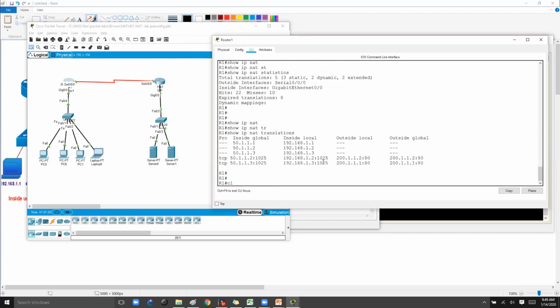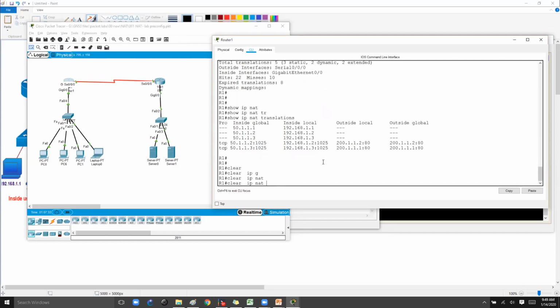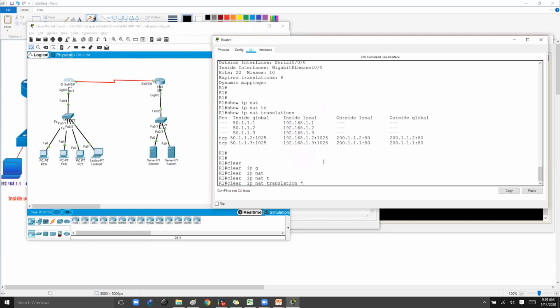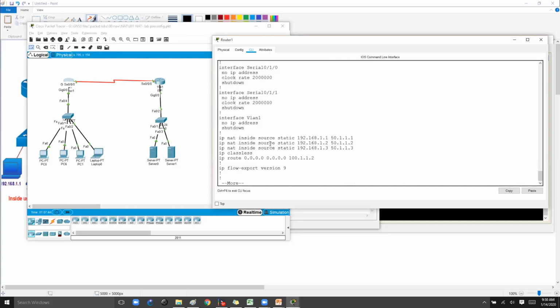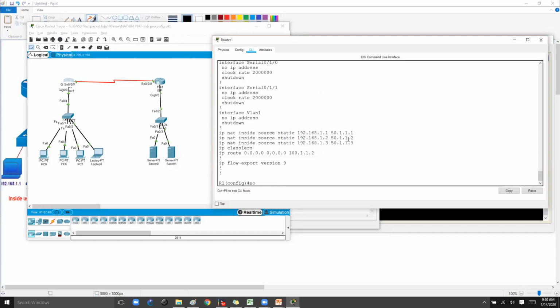If you want to remove these translations, we can use clear ip nat translations. Basically this is required. Let's say I decided to remove one of the translations, by mistake, or maybe you want to remove one of these translation entries, because in our labs when we are moving on to the next translation, we prefer to remove this.